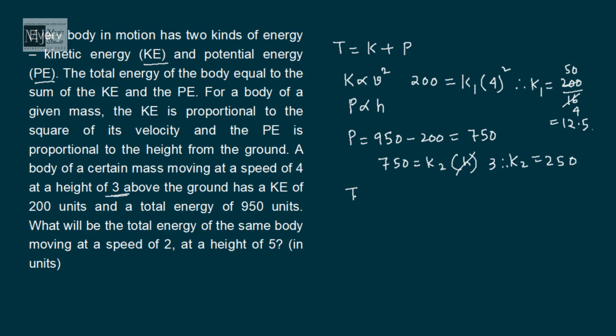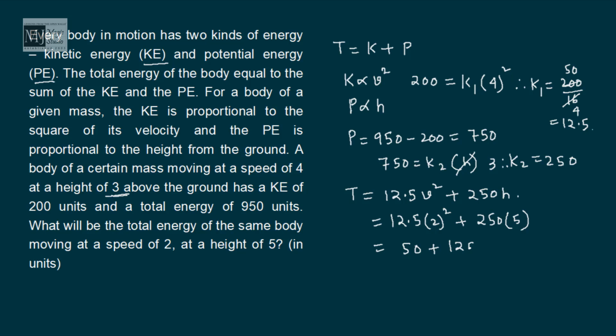Now I can write my equation. Total energy is 12.5 V square plus 250 H. What will be the total energy of the same body moving at a speed of 2 and at a height of 5? 12.5 into 2 squared plus 250 into 5. So 4 into 12.5 will give us 50, and 250 into 5 is 1250, so it would be 1300 units. Type in the answer